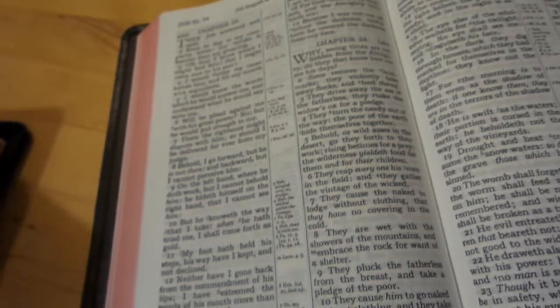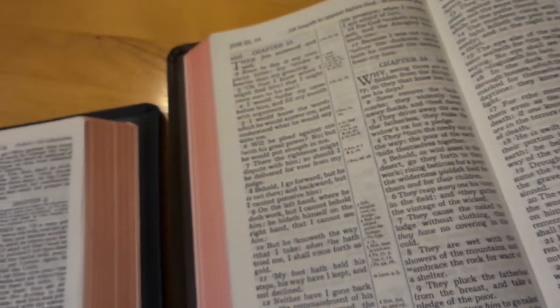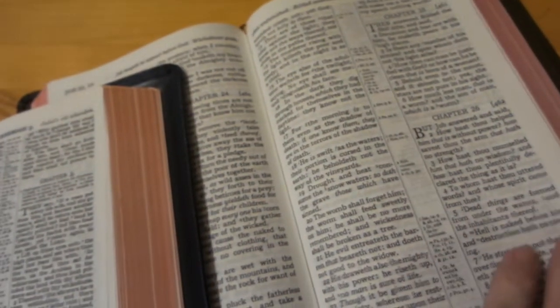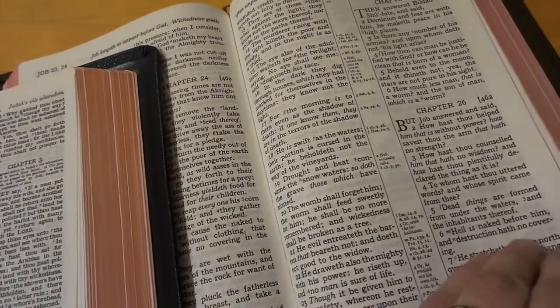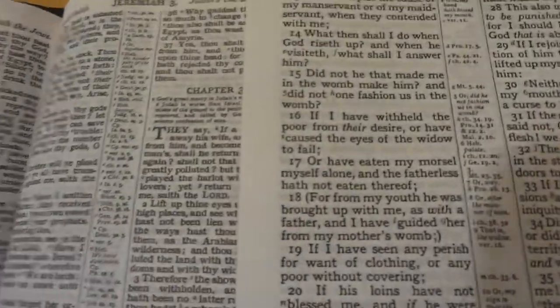And here is the Clarendon. So, to the middle here somewhere. And just like that, and flip over the page here. Sorry guys, keep it in focus here. I got butterfingers tonight. So I love the Clarendon compared to the Cambridge